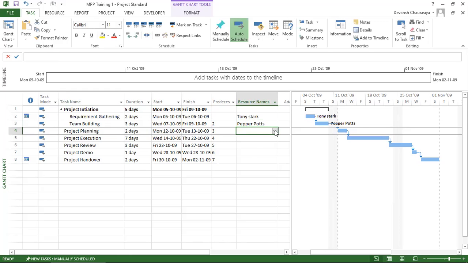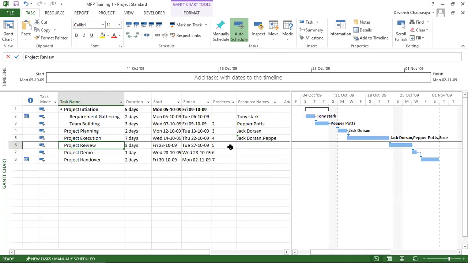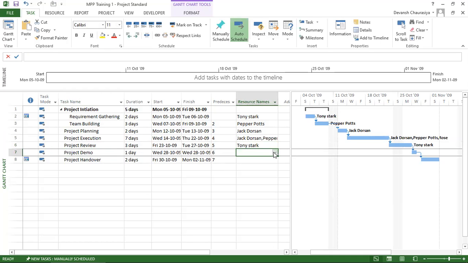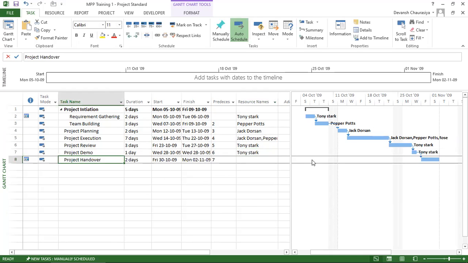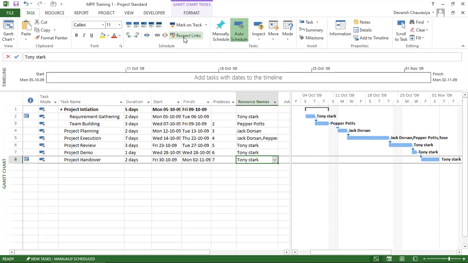Project planning is done by Jack. Execution is done by all four. Or let me remove Tony. And review is done by Tony. Project demo is also done by Tony. Handover is done by Tony. And this way, we have assigned our resources.